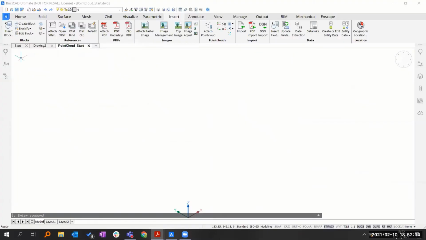So let's do that. How BricsCAD works with point clouds, we have our own data structure. So in order to have traditional file formats for point clouds to be viewed and edited in BricsCAD, you will have to pre-process it one time. So we convert it into our own data structure and create the bubble views